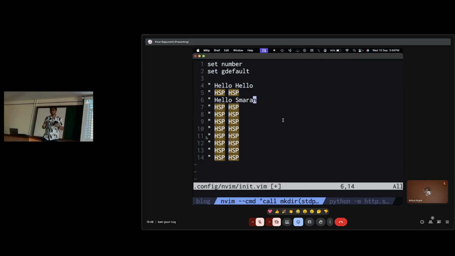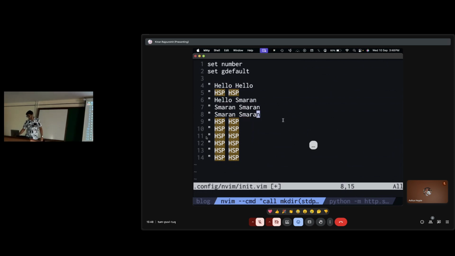Any sort of change, cw, dw, yw. Well, yw is not a change, right? So cw, dw, and cgn, these are all atomic edits. And you can repeat previous atomic edits by just pressing dot. So now if I press dot, it's going to do cgn again. Just press dot, and it continuously replaces all occurrences of smart hsp with smart.